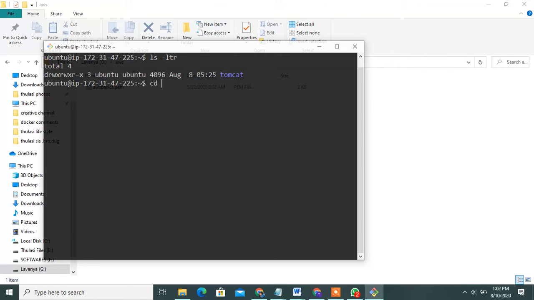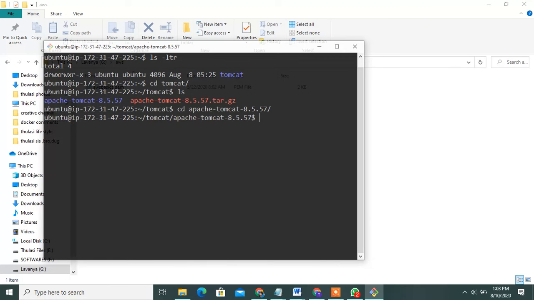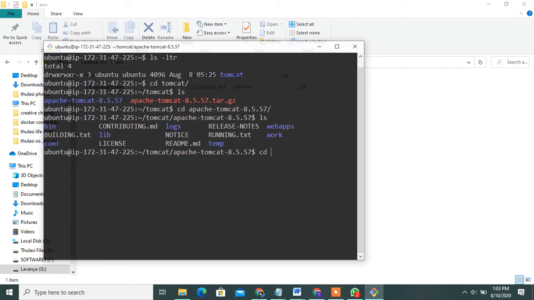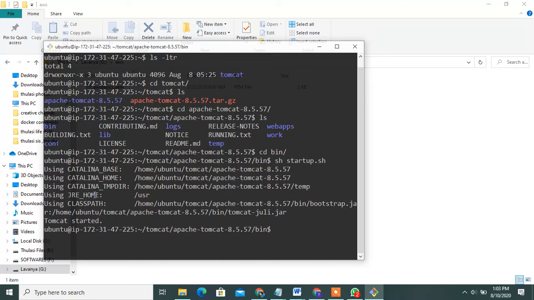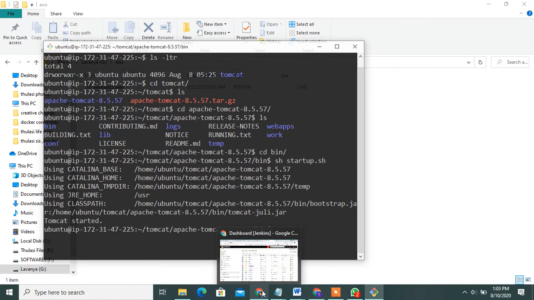Go to my Tomcat folder. Then check, Apache is there. Go through Apache. Next, go to the bin folder. How to start this Tomcat server? Remember, go to the bin folder, then run sh startup.sh. Once Tomcat is running, go to